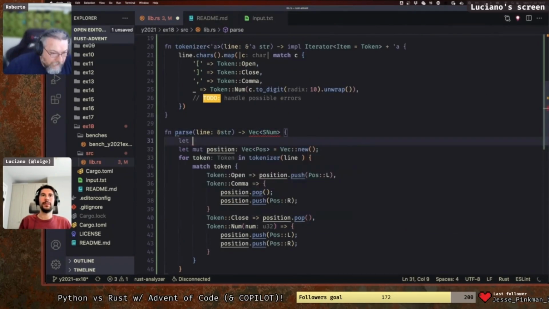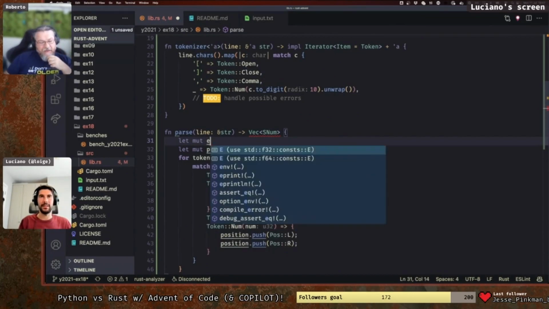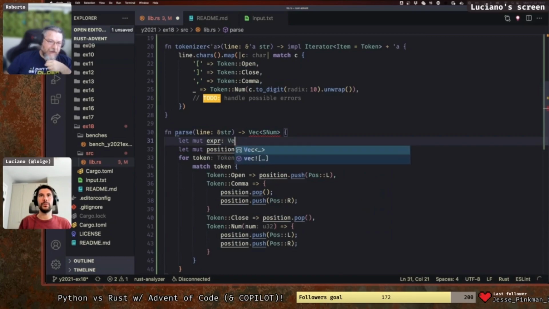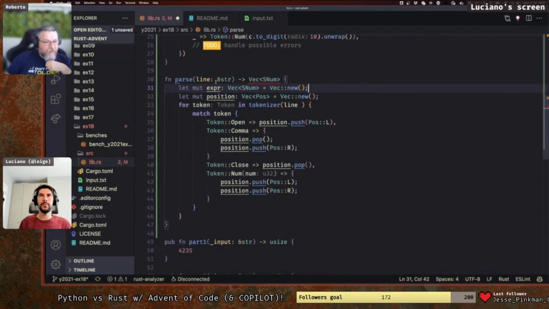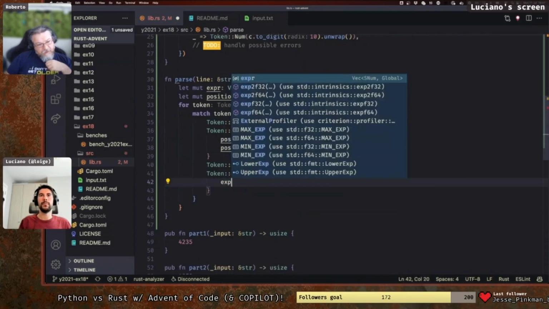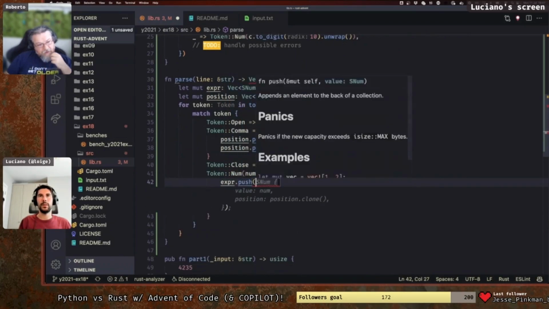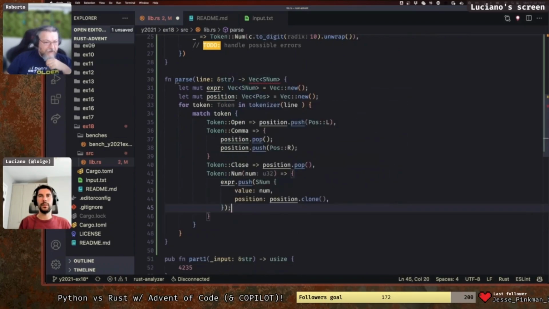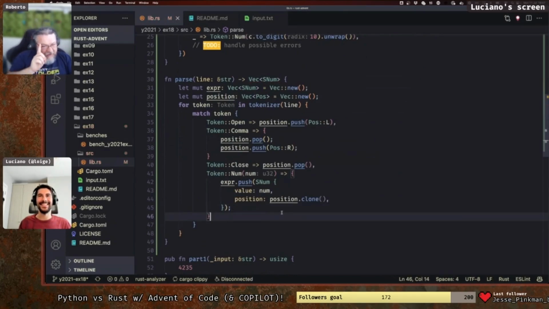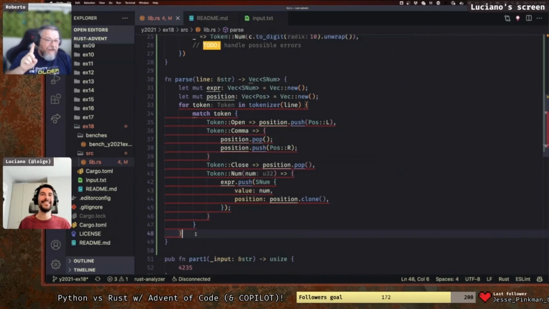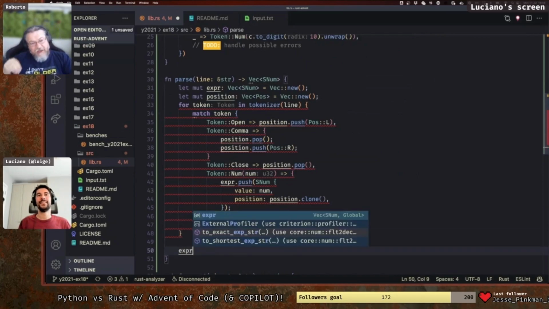Right. Let mut stack. Is it a stack? No. Let's say expression. Expression is a Vec of SNum, and let's do Vec::new. Yeah. In num, we have to expr.push. As num might also be cloned, right? I was about to point out that here we have to clone, because position is changing, and we have to